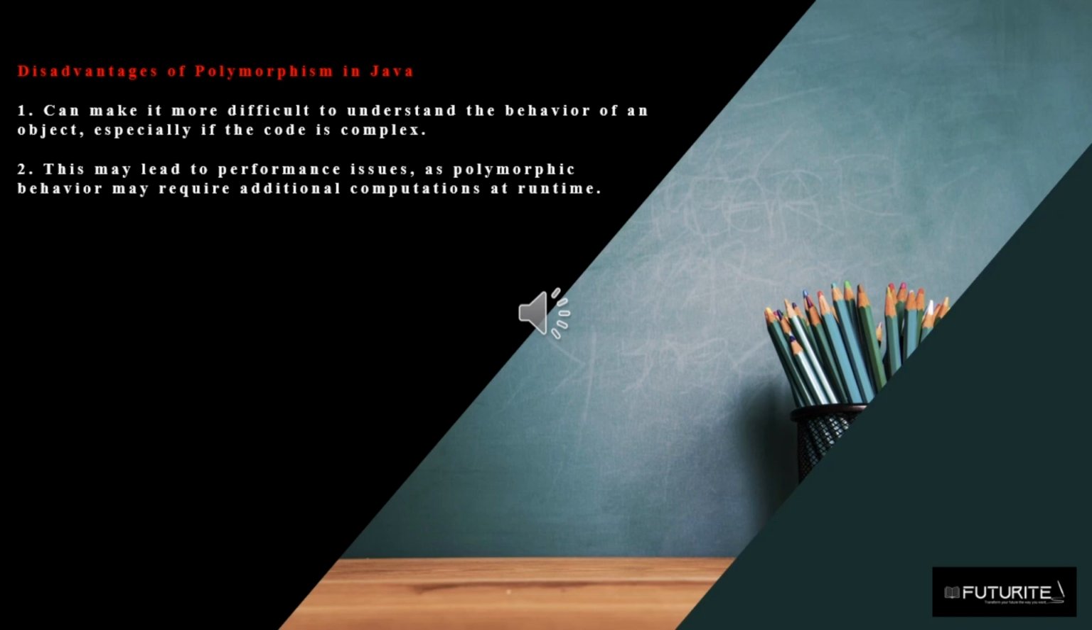Lastly, what are the disadvantages of polymorphism? Now, it can make it more difficult to understand the behavior of an object, especially if the code is complex. Like definitely if there is a method overriding or a method overloading concept, and if the code is so long and so complex, it becomes a bit difficult to understand what exactly is happening. And this may lead to performance issues, as polymorphic behavior may require additional computations at runtime, definitely,